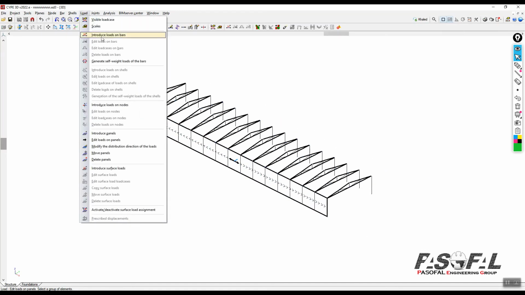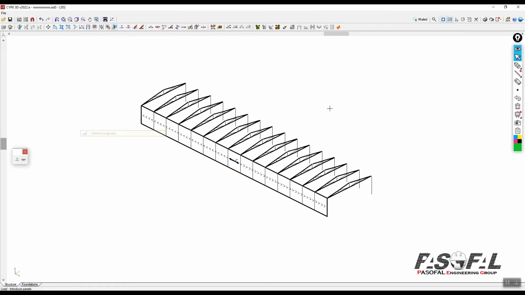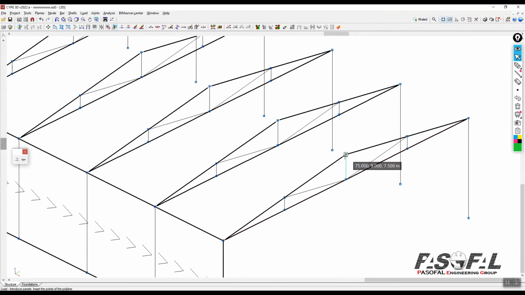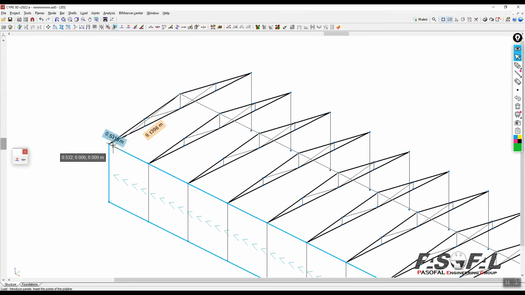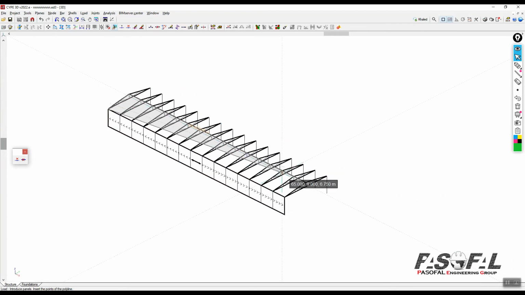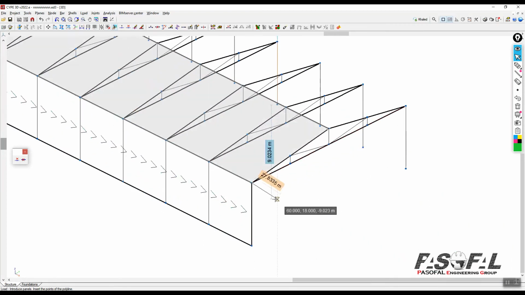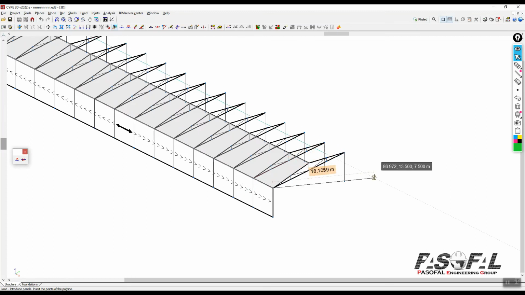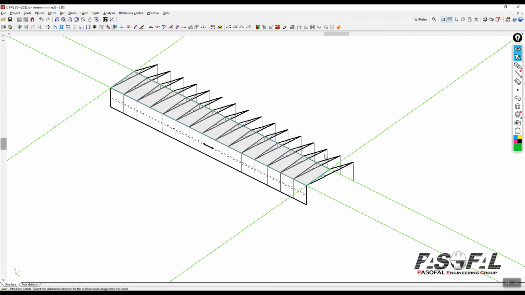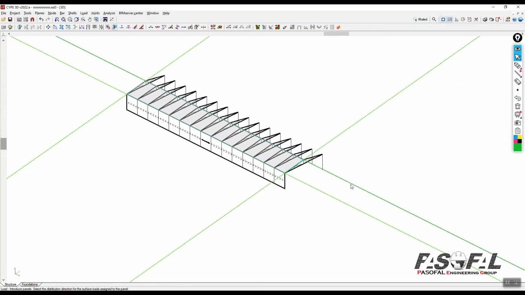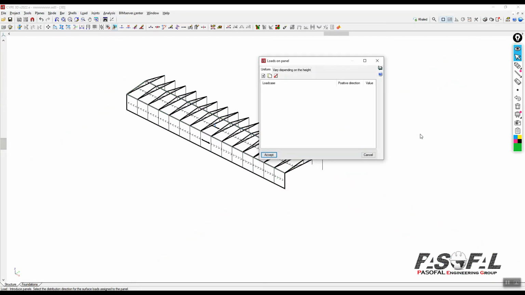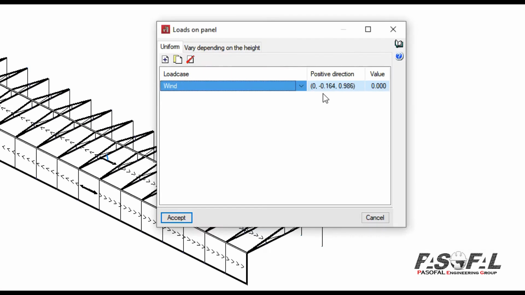Maybe I want to have another panel, but this time I want to go for this inclined surface from here, here, here. Again you can just right click before closing. And again I want to load the rafters, so I will select this line and right click. Again I go to here, I select the wind load, and here now you can see